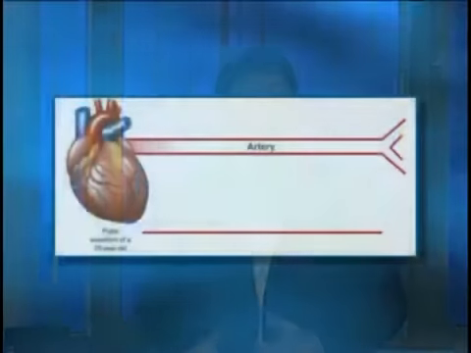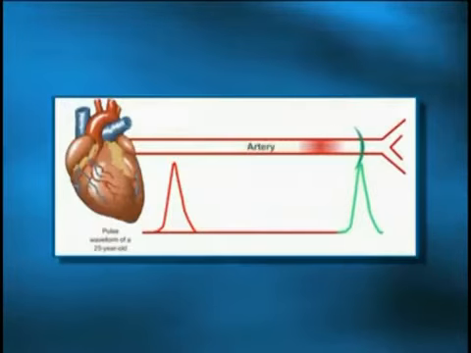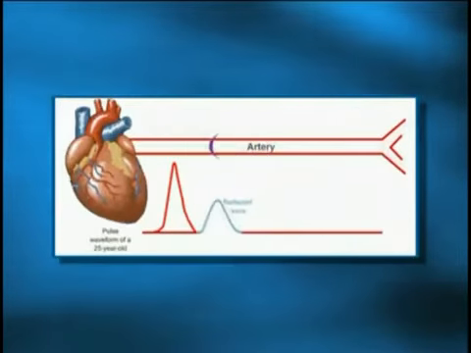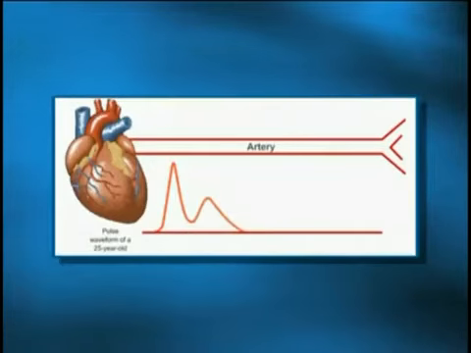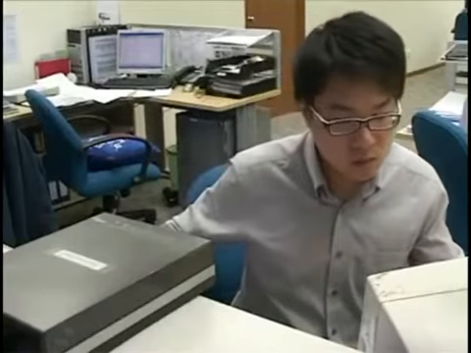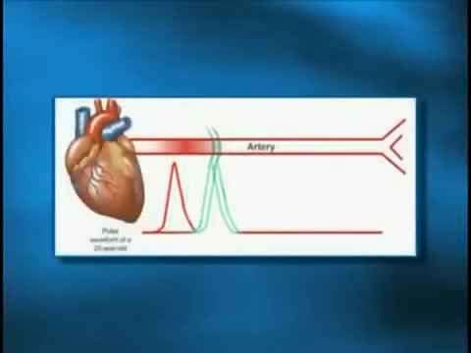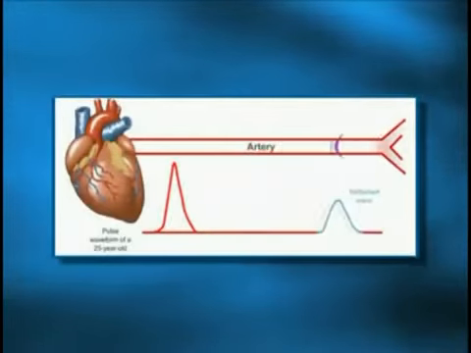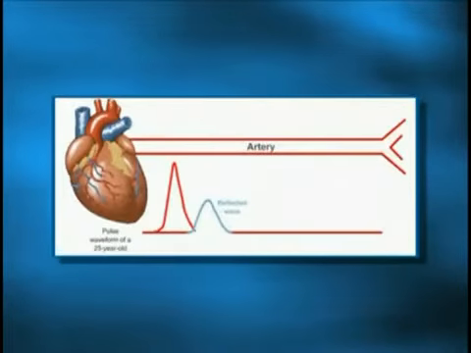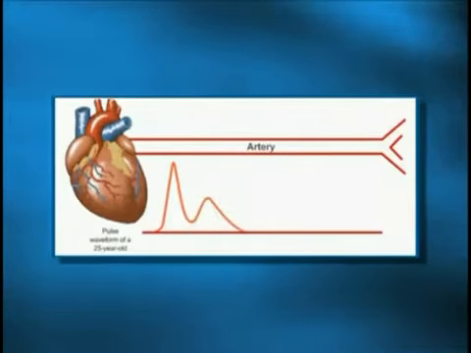The waveform is actually generated here, and it goes right down to the big aorta, and it's reflected back when the big aorta bifurcates or divides into two arteries. So the speed at which the reflected wave comes back is in fact very important. If we were to look at a person who is about 25 years old, when he generates a pulse wave from the heart, the wave will travel down, it hits the bifurcation, and it comes back in the diastolic phase. You see, when the heart pumps blood during the systolic phase, which is called systole, when the heart rests,